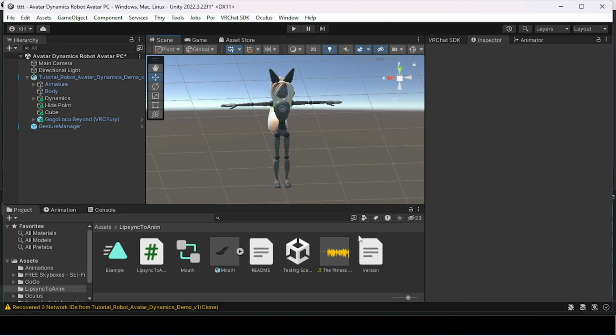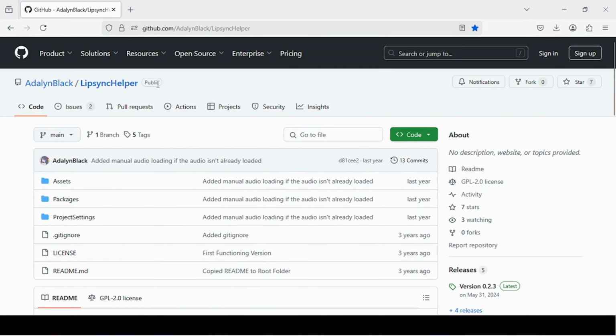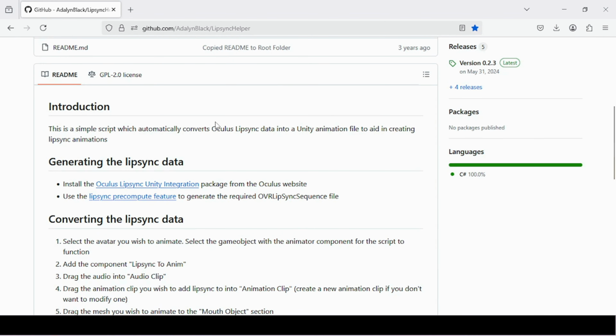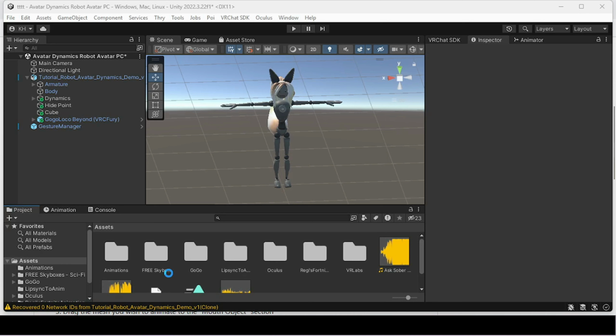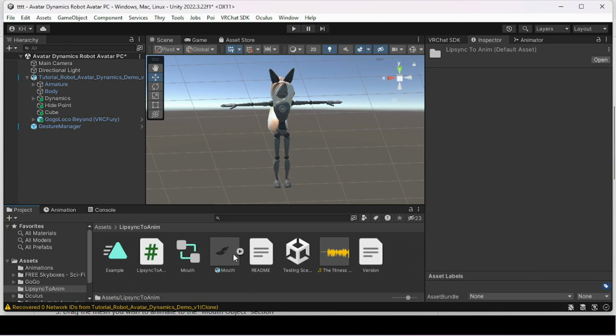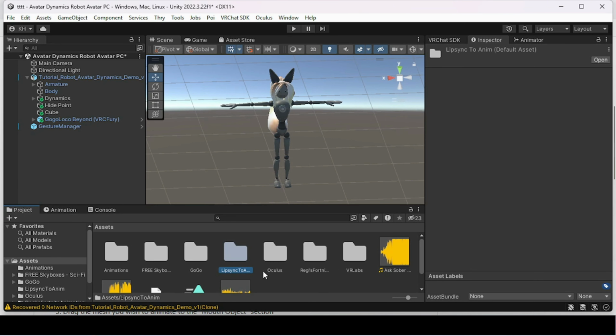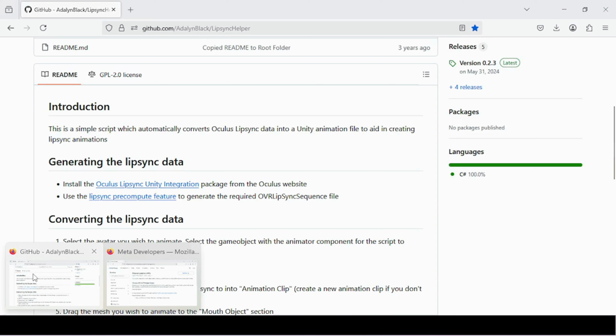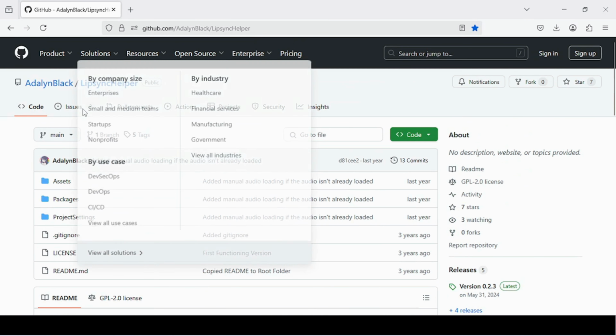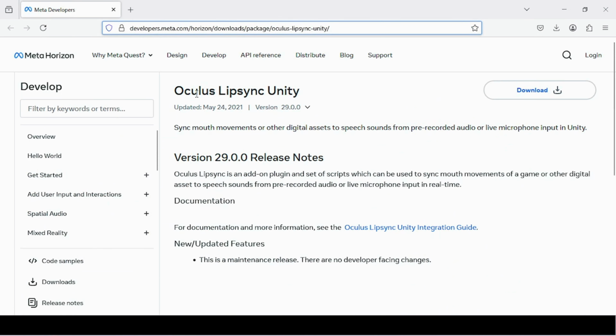And I'll put a link, of course, down below, but what I'm talking about is this right here, the LipsyncHelper. It's a GitHub, and you can download this, and it's a Unity script. Drag and drop it into Unity. I've already added it here, but just adding this alone will have compiler errors. You will also need from the Oculus side of things this right here, the Oculus